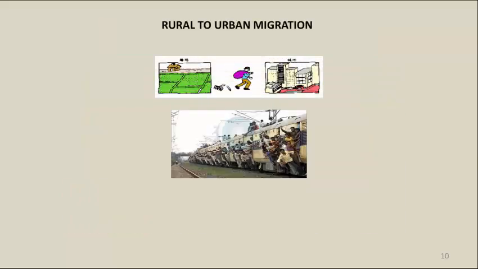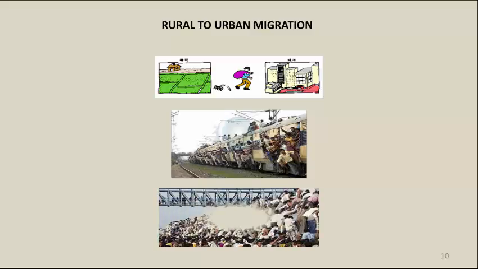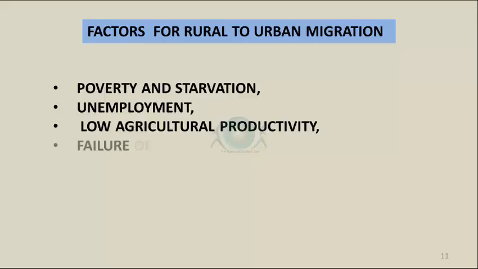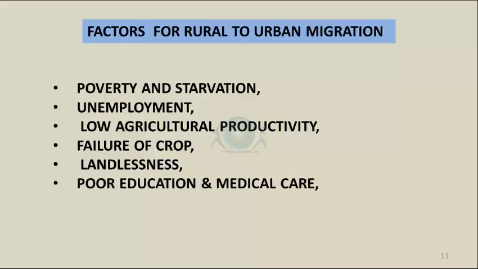There are various socio-economic dynamics involved in the migration issue, and there are a number of causes that have given rise to rural-urban migrations. Reasons for migration may vary from country to country, from place to place and state to state, and it could be on the basis of the socio-economic and cultural status of the demography. The factors which are largely contributing to rural to urban migration are, as said before, poverty and starvation, unemployment, low agricultural productivity, failure of crops, landlessness, poor education and medical care, and lack of credit facilities in the rural